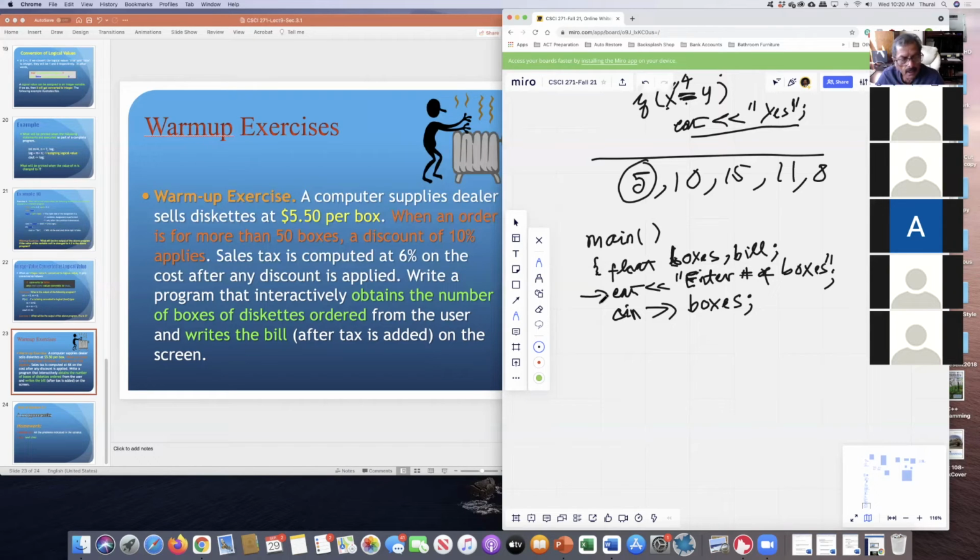So the first thing I need to calculate is the bill amount before the taxes. Only after I calculate the bill amount can I apply the discount to it if the order is for more than 50 boxes. Before getting into the discount at all, I need to have the bill amount first. So the first thing you need to do is calculate the bill. Bill equal to